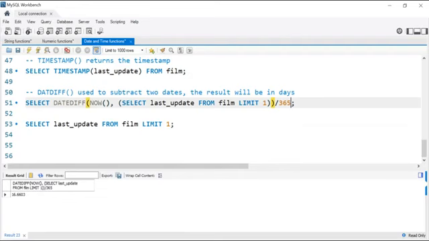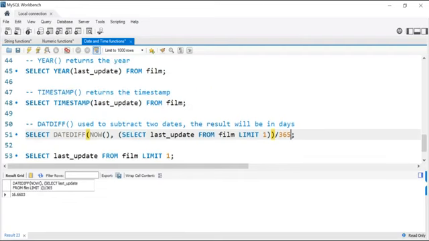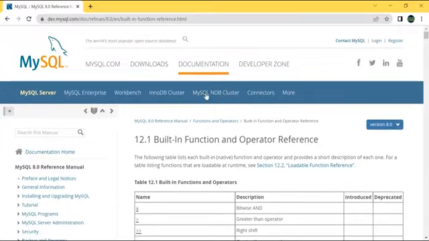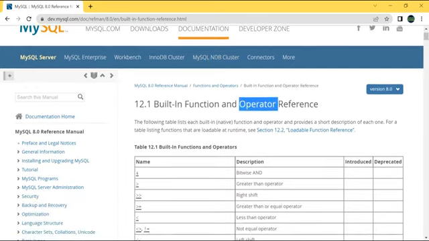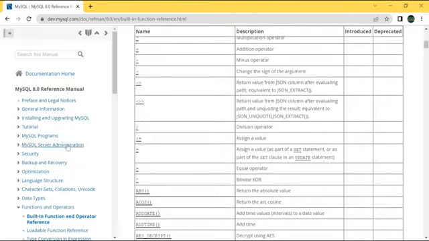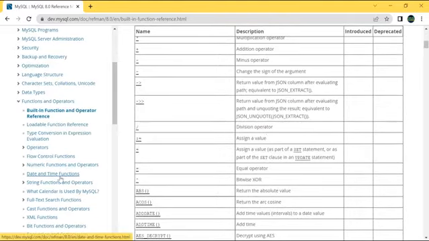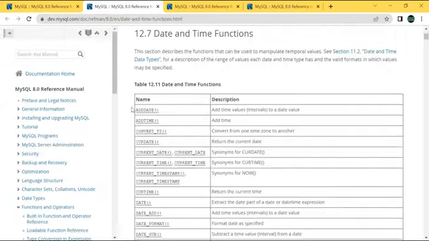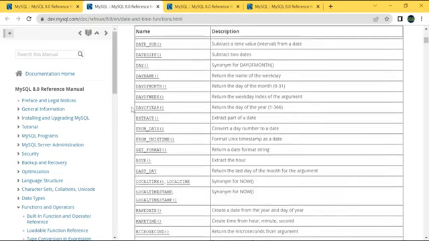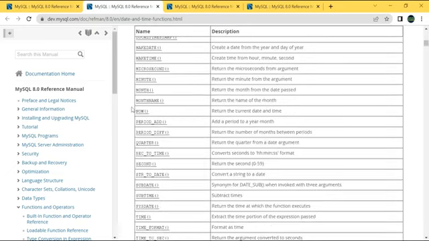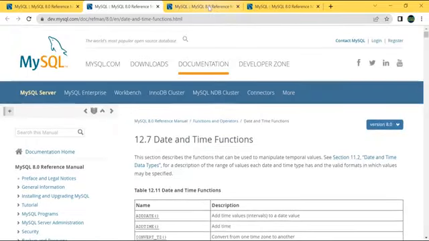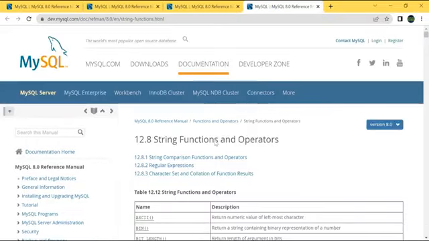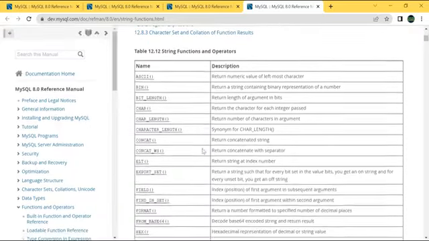Okay, so this is about the most used date and time functions. And here we have the official documentation for the built-in functions and operators in MySQL. Okay, here, for example, if you are looking for date and time functions, you can select date and time functions, numeric functions, string functions. So we'll have here the totality of the built-in functions defined within MySQL for date and time, numeric, and string functions. Okay,